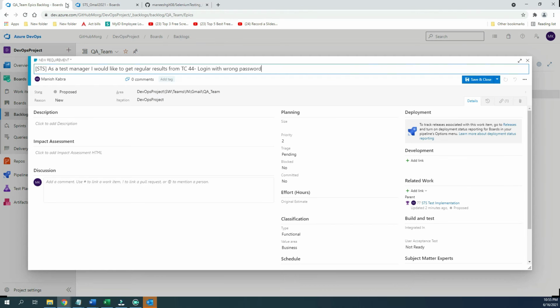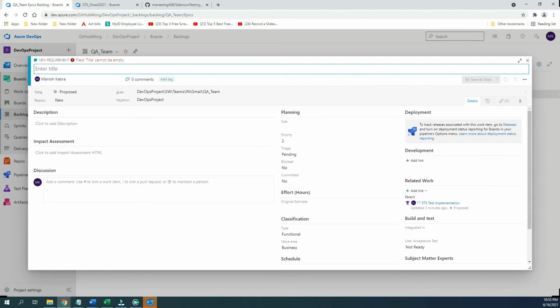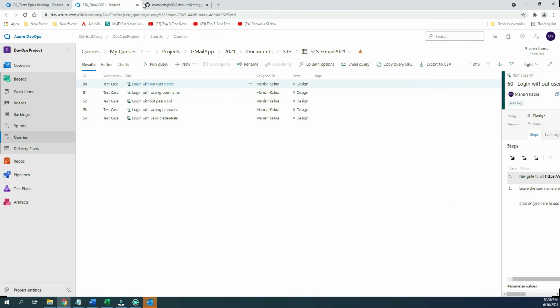Login with wrong password, 64 here. And this is one thing. And one more requirement I want to add here. 65, I think this is the number. 64.